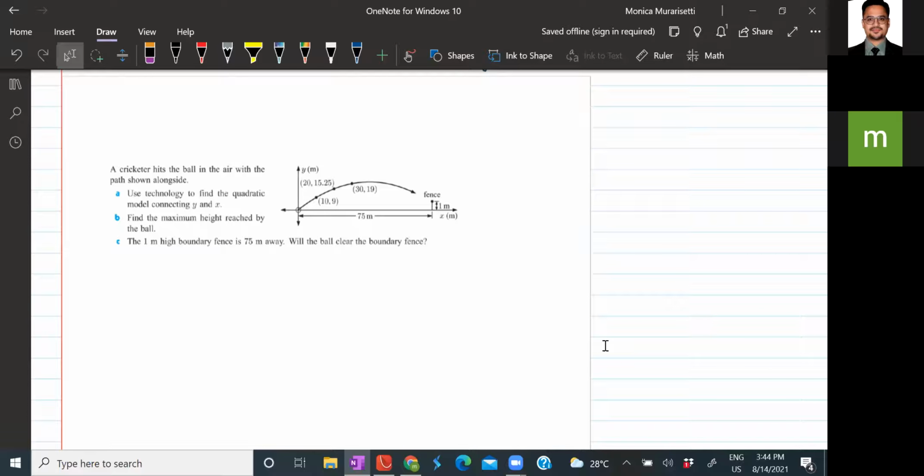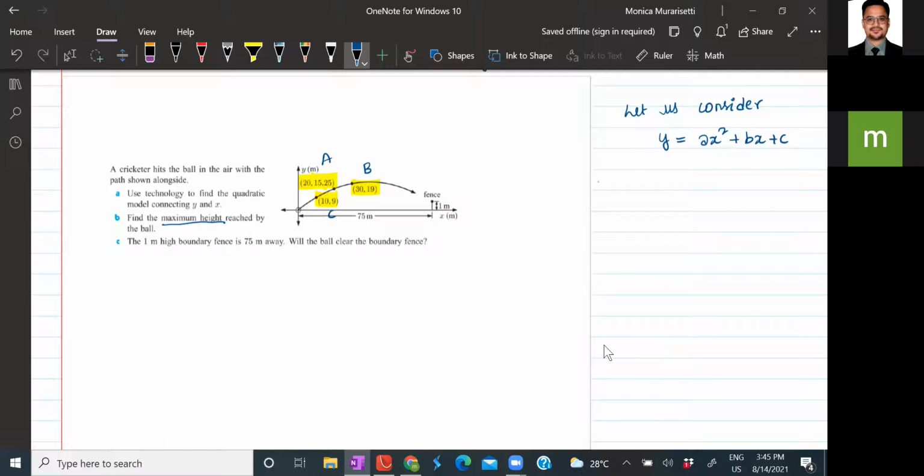All right. So see the first one. We do not have any equation for this particular curve. In that case, finding maximum height would be difficult. So what do we do? So let us consider the general equation y is equals to ax square plus bx plus c. Now what will I do? We have 3 points. These are the 3 points. Let them be named as A, B, and C.